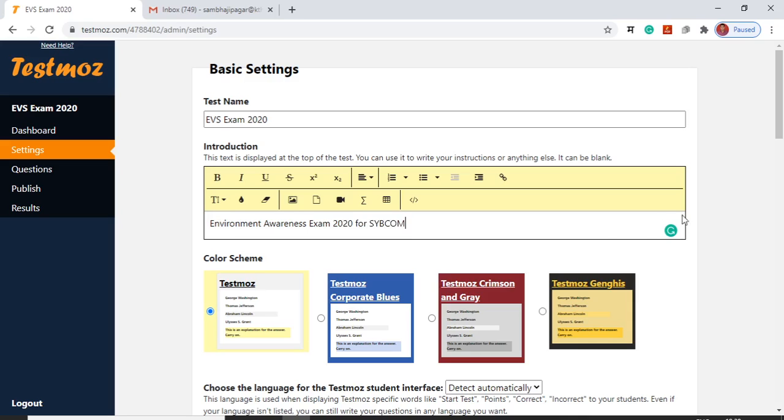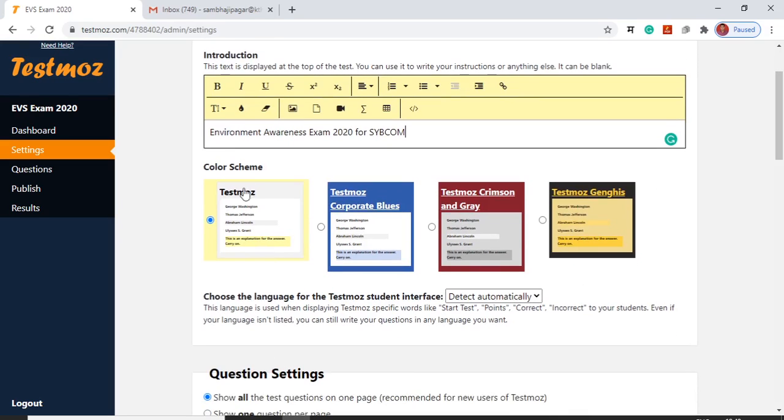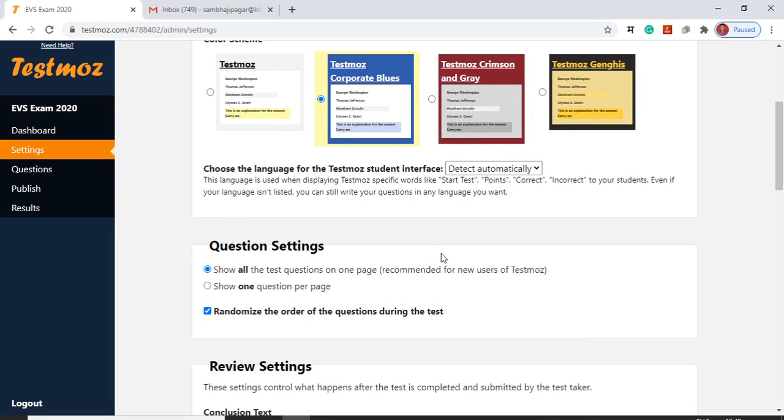Then here you can see different color schemes or themes are available. So I am selecting this one. Then here choose the language for the TestMoz student interface. Here Hindi is available and other foreign languages are also available.